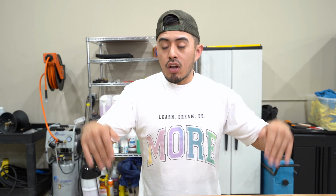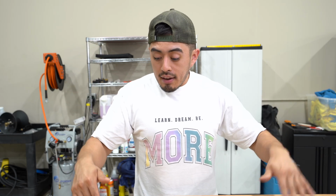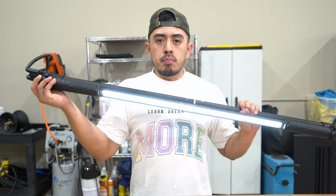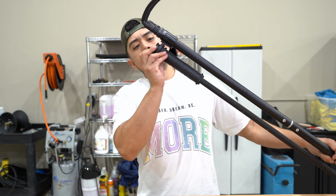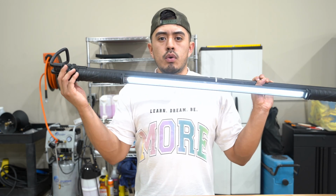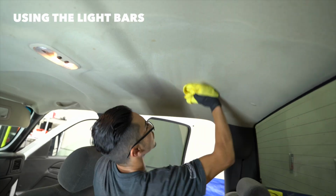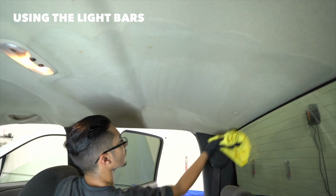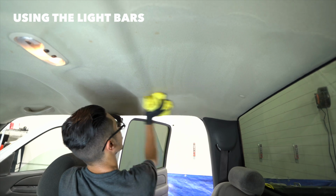Now, we have 7 of the exact same brand, and they've been holding up well for us. They have 2 settings on these. We always put it on setting 1 because that's the brighter one. As far as battery life, it works well. That's why, if you want to make sure you have some on, we have like 7,